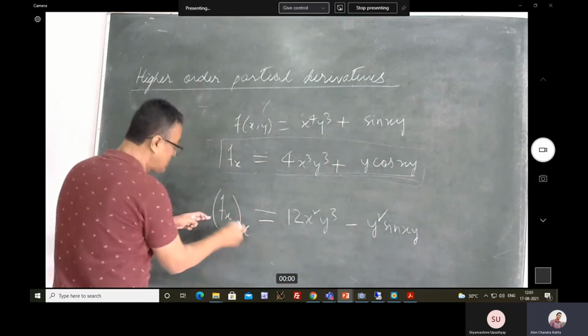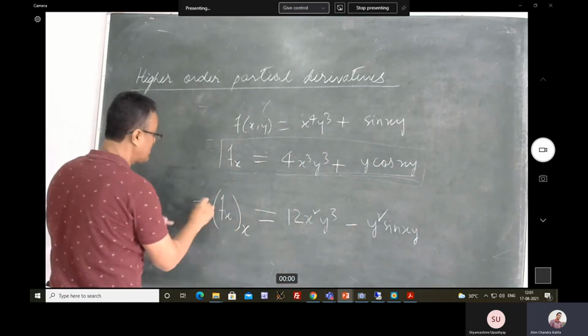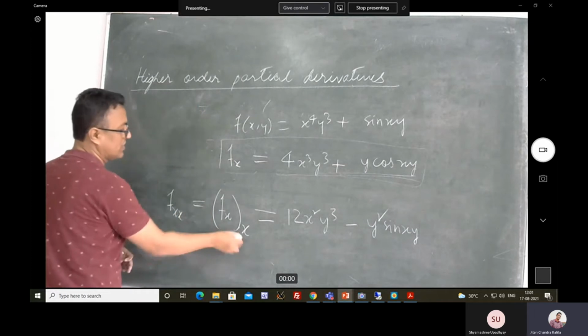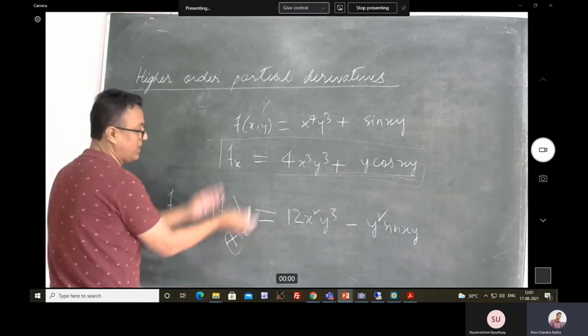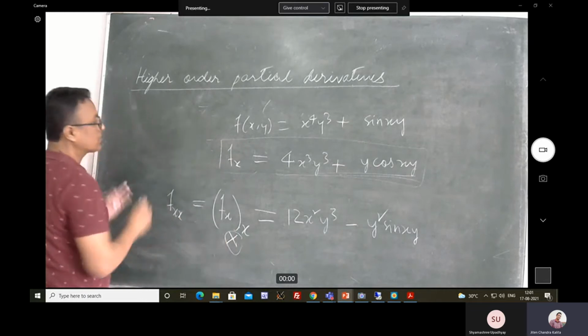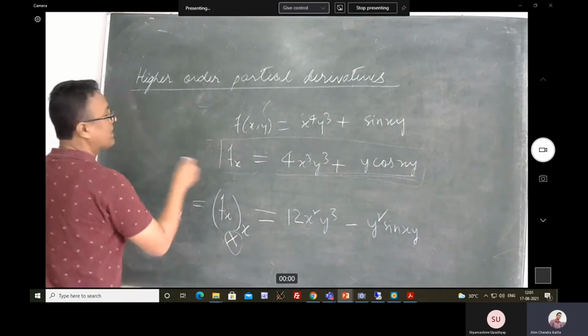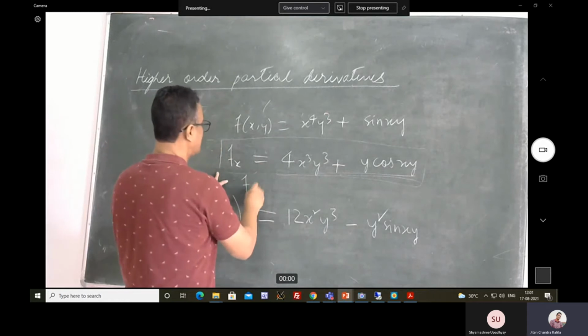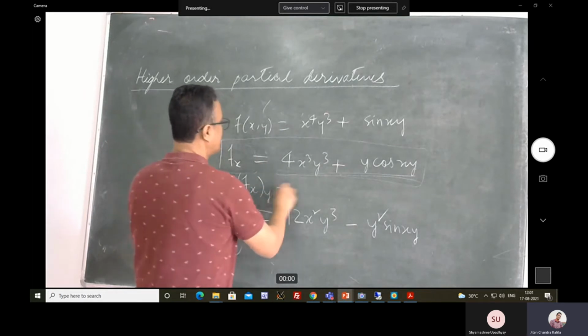So now this is not written as this. In fact, this is directly written as this. We don't need to worry about this. I don't have to write it like this. Just to explain it, I'm doing this. Okay. So similarly, if I want to find out the partial derivative of this with respect to y, then I'm